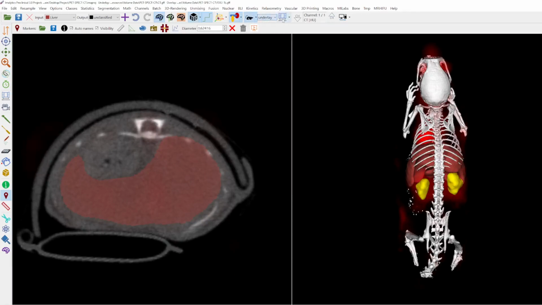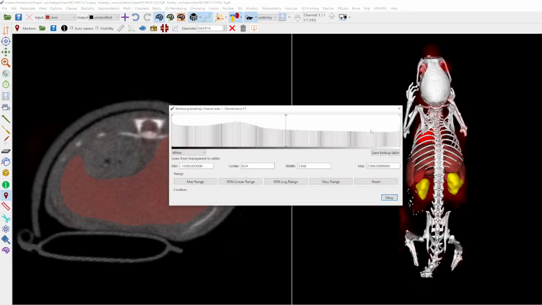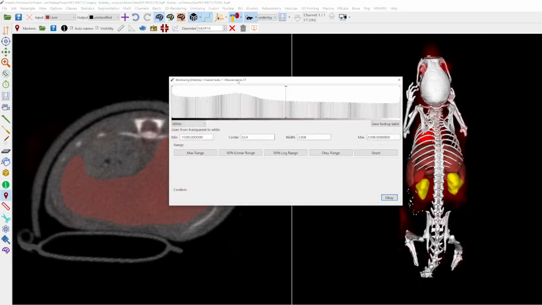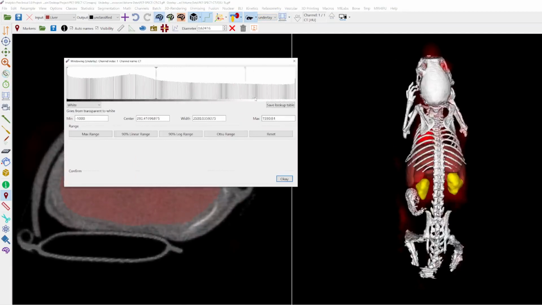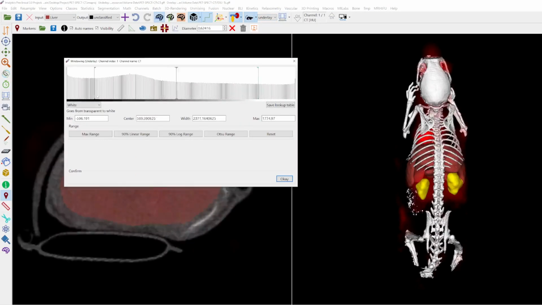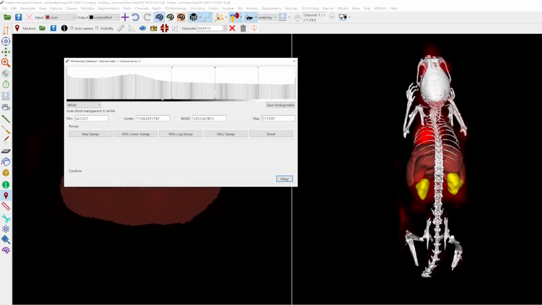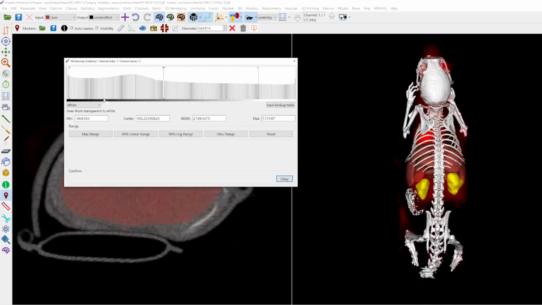Okay, this one is the windowing. It changes the windowing settings of the underlay, the selected layer. I can also change it for the overlay, but then I have to select the overlay as selected layer. And everything above the center value is visible.